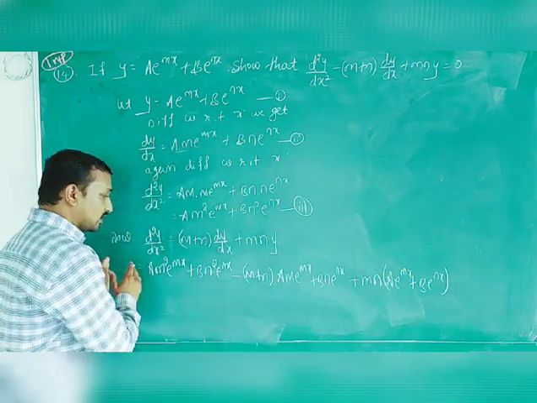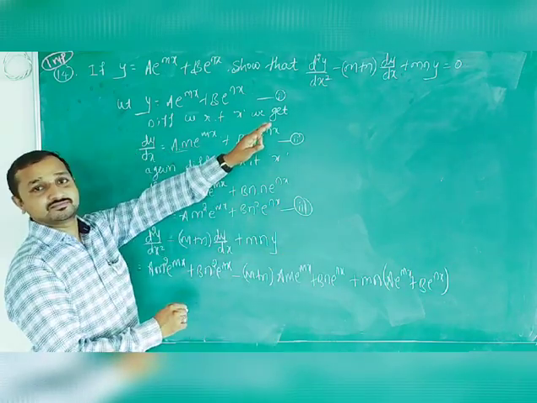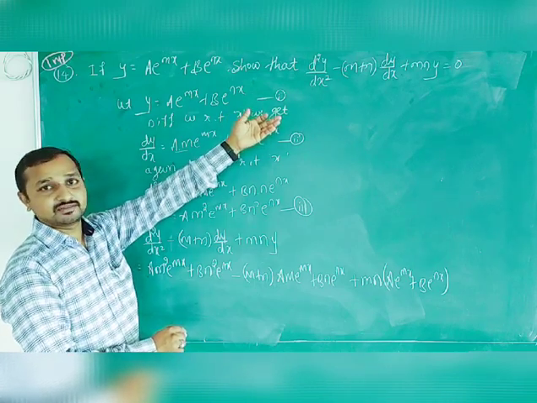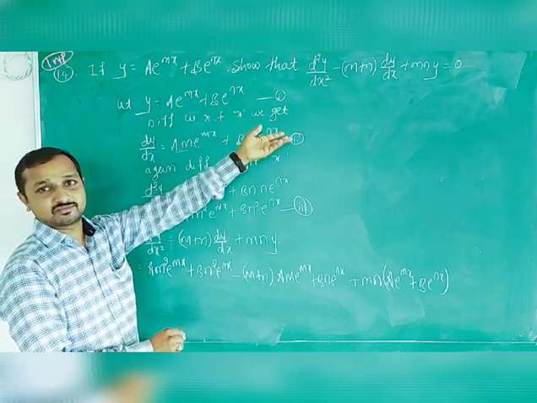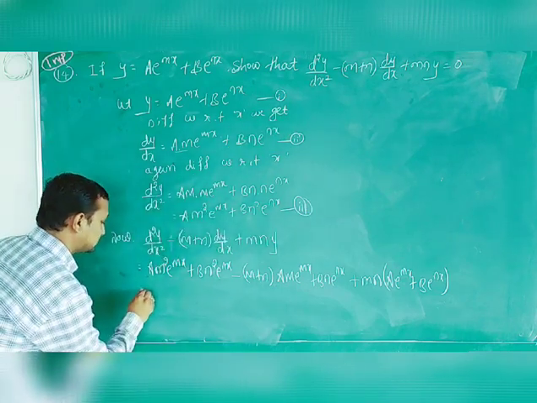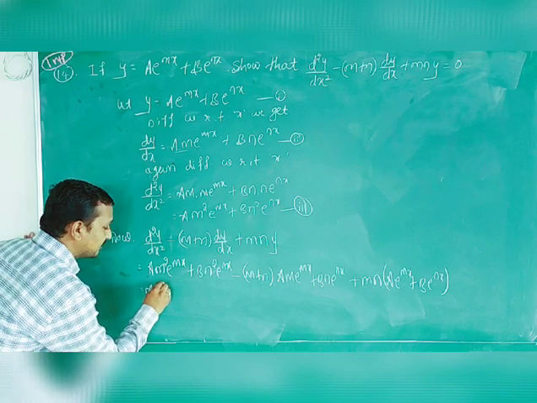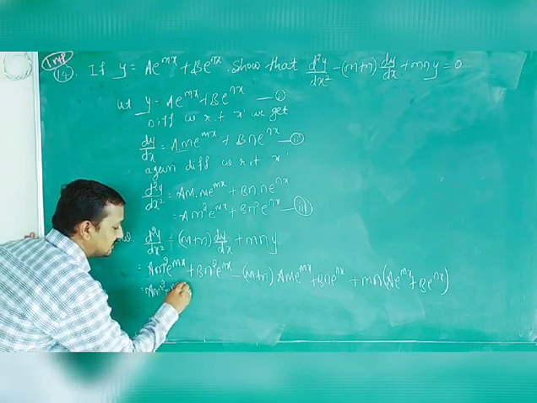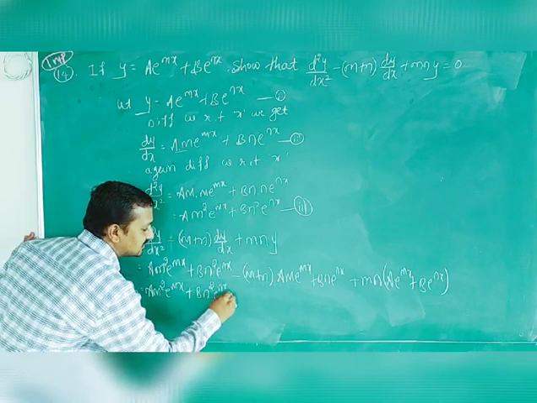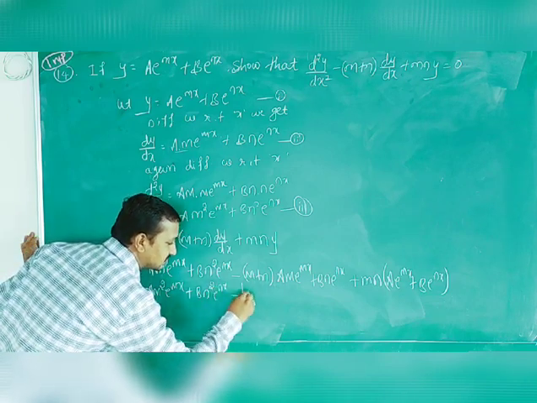So we will solve this step and we will get 0. Then your proof is complete and you have shown that term. A very easy example. So here this term keep as it is: am square times e raised to mx as it is, plus bn square times e raised to nx as it is. Here minus of this term, the whole term.